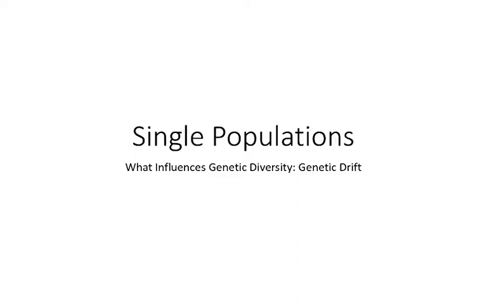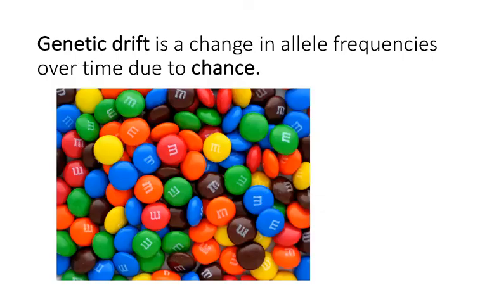Next, we will start to discuss the different factors that affect genetic diversity. We'll start with genetic drift. As we go through these next couple videos, I've put them into discrete videos for the sake of time, but keep in mind that all of these factors are happening at the same time and they can be influencing each other. It's not like just drift is happening and then in the next video just natural selection is happening. Remember that none of them are acting in isolation. They're all interacting with each other.